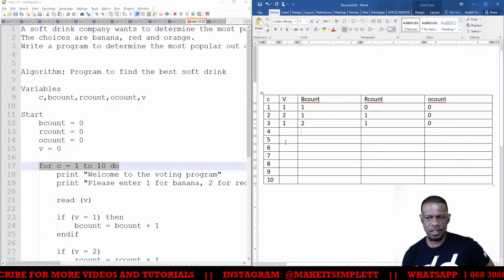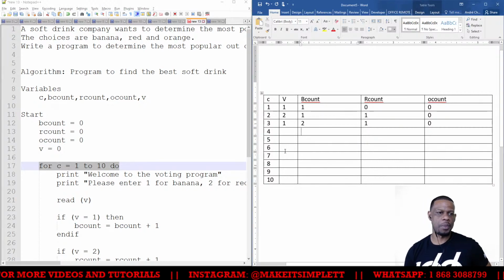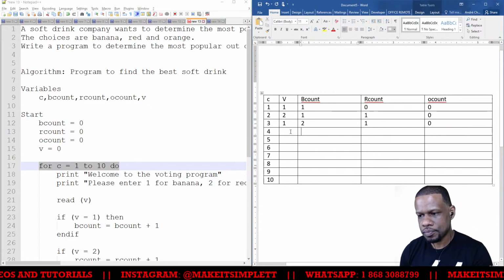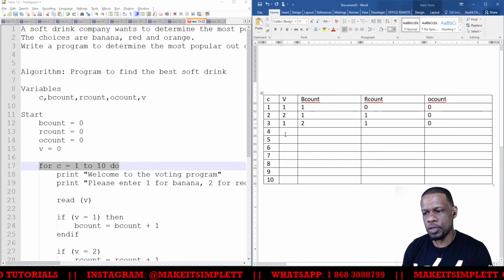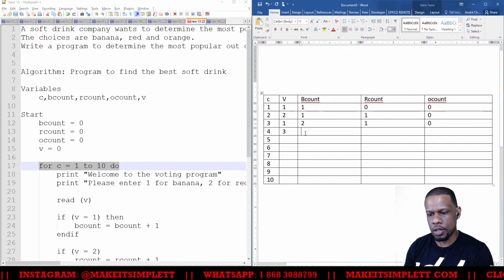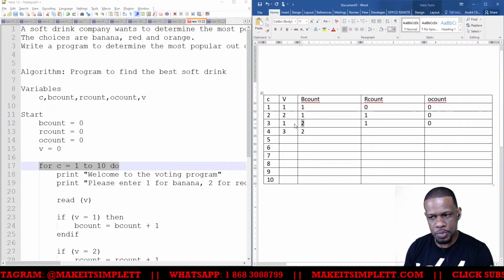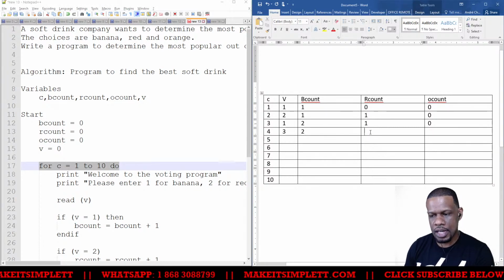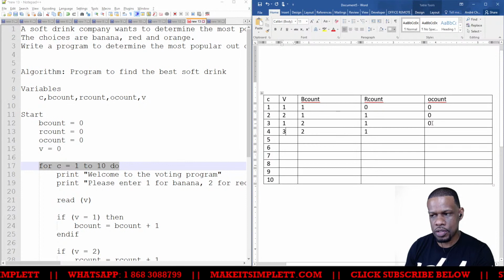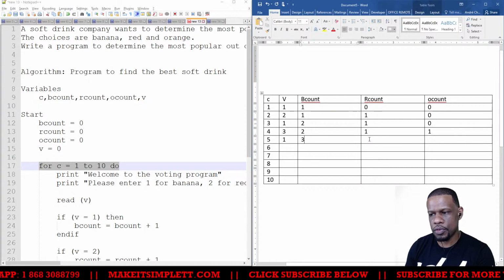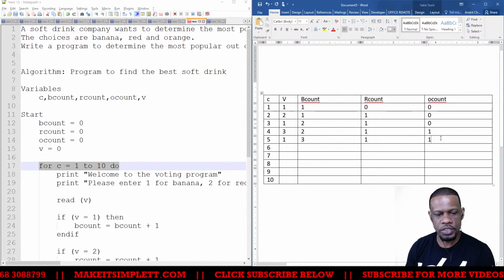So you could do this up to 5, 6, 7 times, but I recommend you have at least 3 errors, right? Because the errors need to be glaring now. So let's say the person puts vote 1, 2, 1, and then the next vote is a vote 3. B count will stay at 2 because it never changed because we only got the vote once there. R count will stay at 1 because it never changed because our vote was 3, and now O count will go up to 1. Then let's say the person puts in a 1, we will get the B count going up to 3, 1, 1 because those never changed.